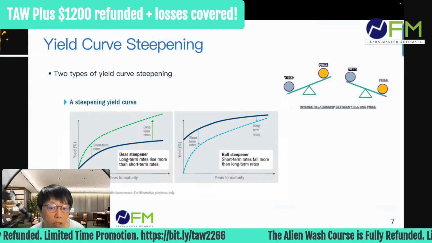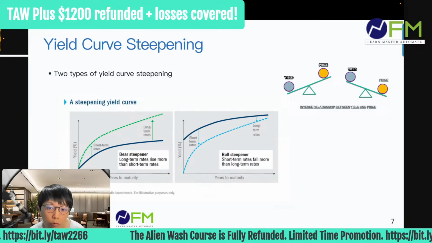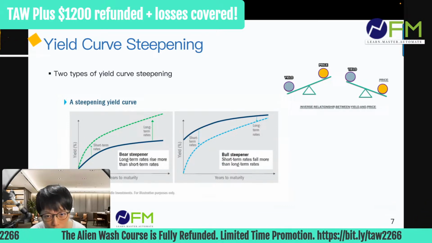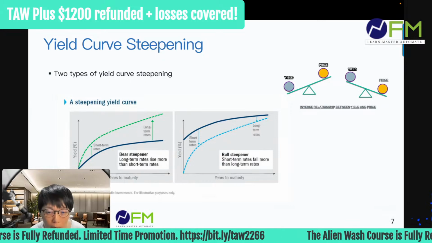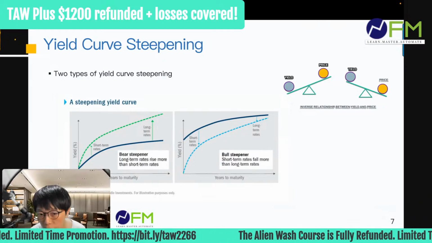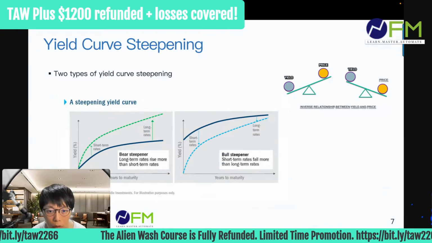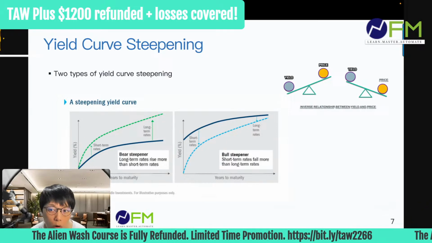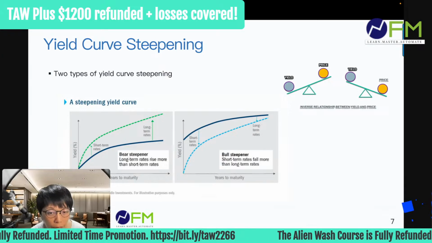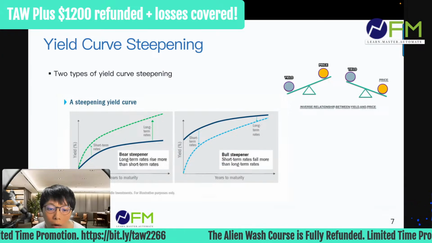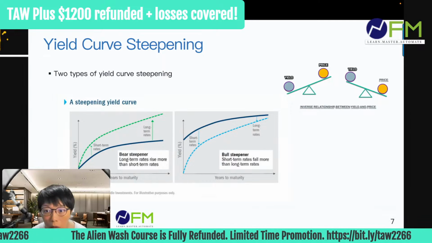So therefore, it's the short-term rates moving faster towards the long-term rates that cause these two rates to converge. Now, we are seeing a bull steepener right now. That means the short-term rates, after Credit Suisse and SVB, are falling faster. For example, the 2-year Treasury yield was above 4, and shortly after SVB, it fell to below 4. Right now it's stabilizing, but you can see a steep fall in the 2-year yield.